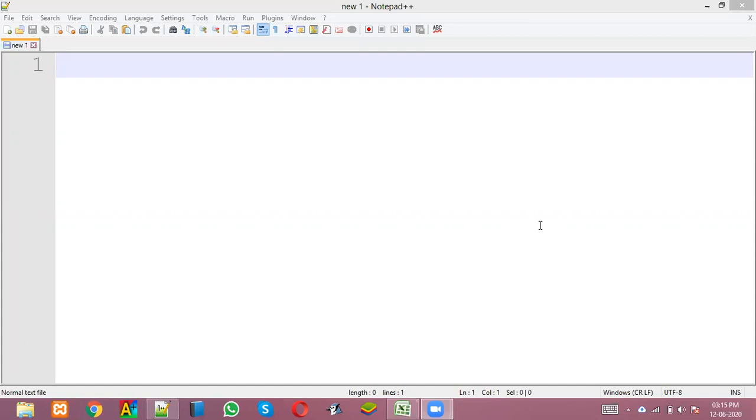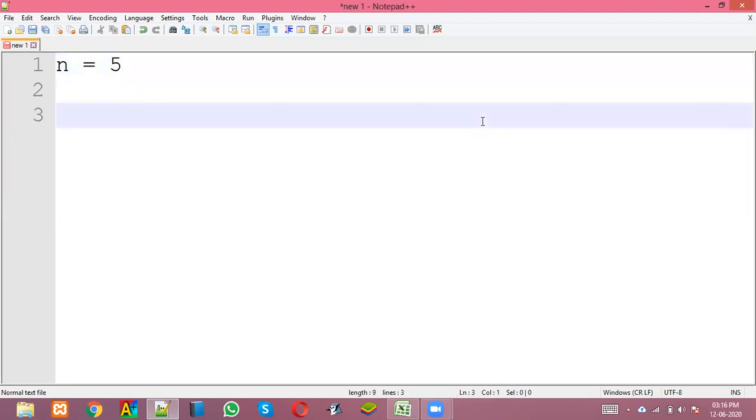Today we are going to see how to print a spiral pattern in Java. This is a part of the pattern programs. Let's imagine that the dimension of the spiral that we have to print is 5. Let's imagine the dimension n value is 5. Now the question says that the pattern must look like this.